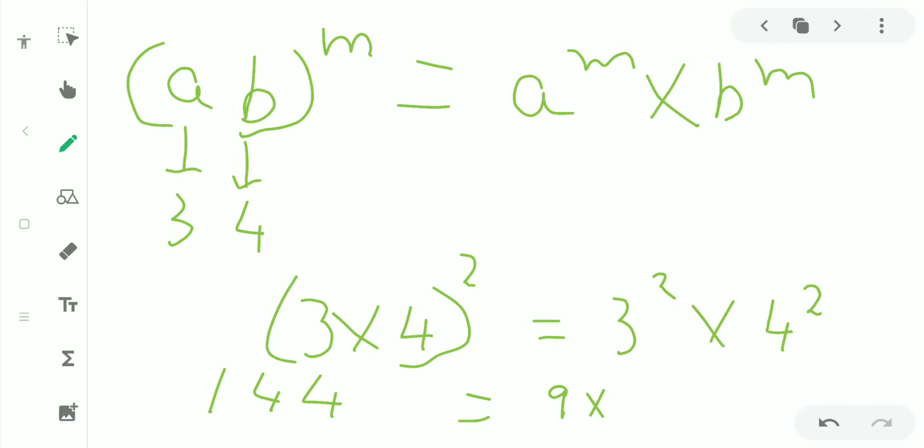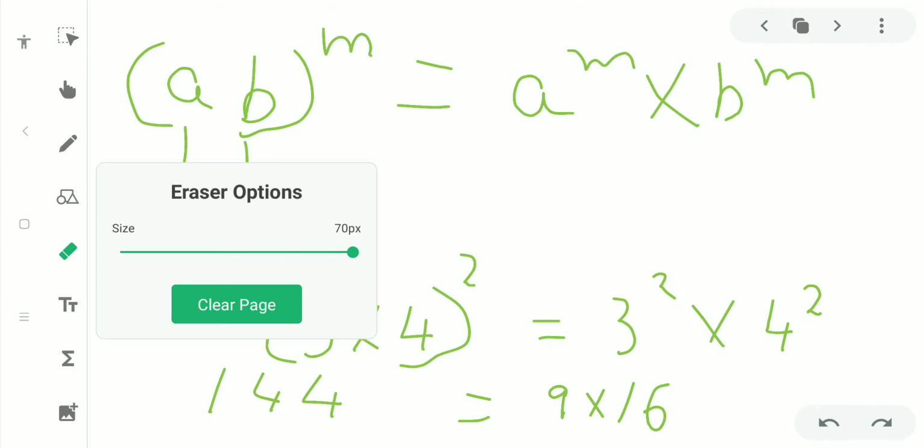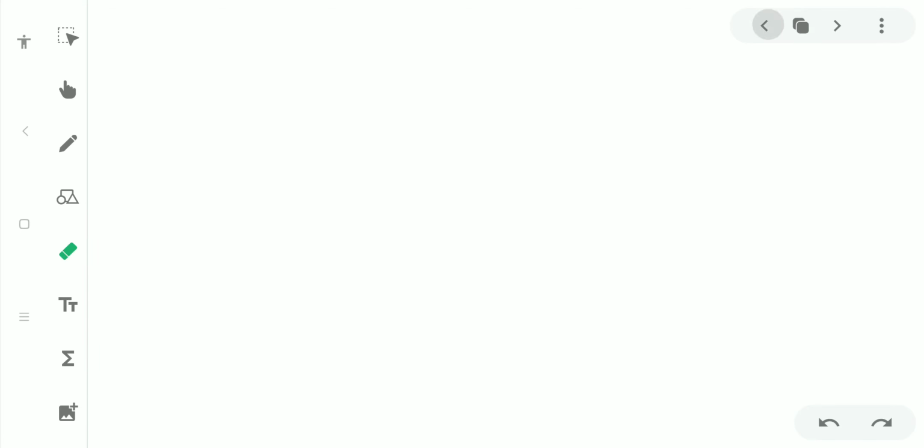4 4s are 16. So 16 into 9 is also 144. So that is the case here. So if we use that formula in this sum,